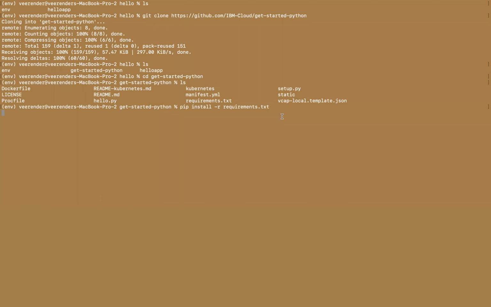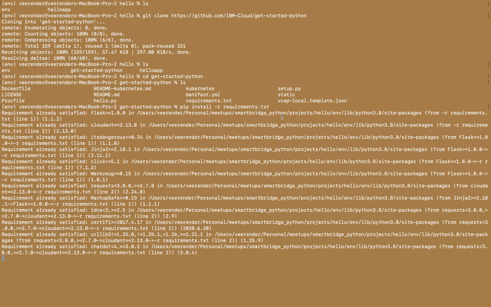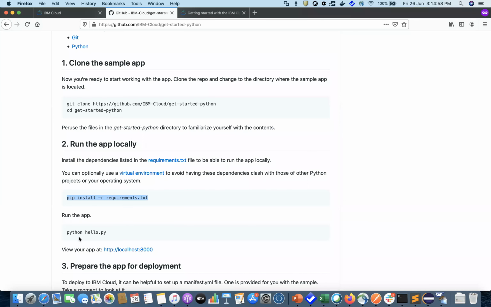This text is actually containing the Cloudant module and the Flask module. So this is related to Python, and Cloudant is something like a NoSQL database. It's actually installed. So these are the two things it installed. Now if you go to this GitHub link, you could see you want to run the app by executing this particular command, right? Let us go ahead and execute this command.